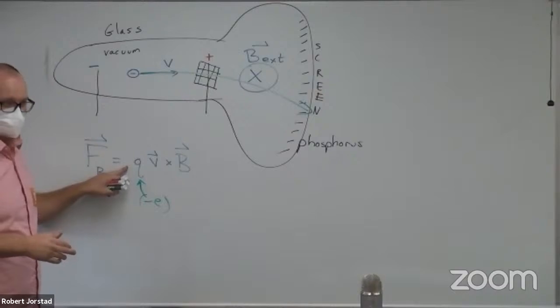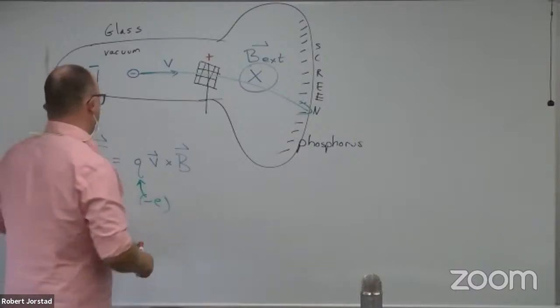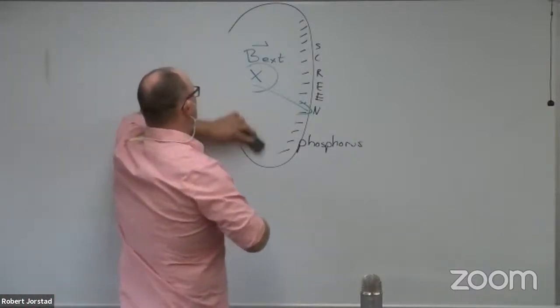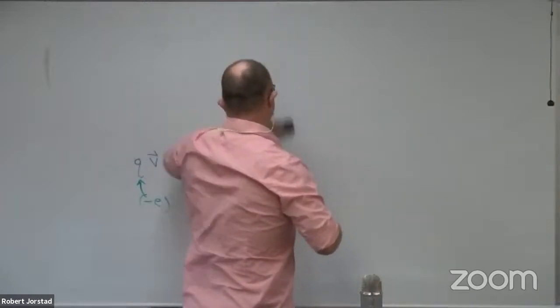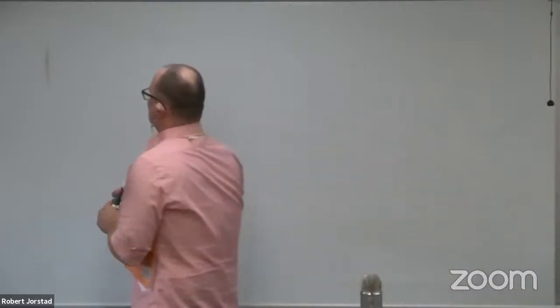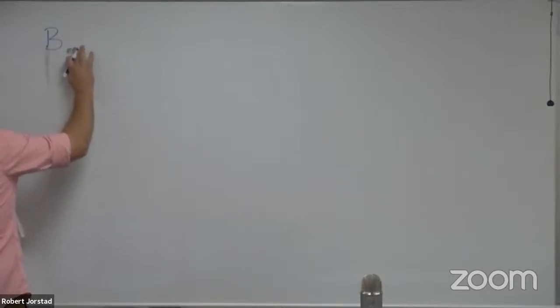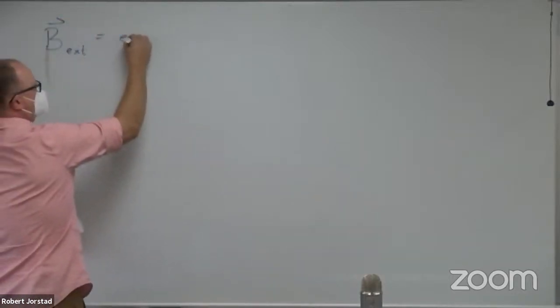All right, so this is what we're going to talk about next. The force due to magnetic field. Got it? So in this case, let's go to page 137. So a couple of quick notes before we get ahead of ourselves. Generally speaking, I try to use the blue color for B. That means external